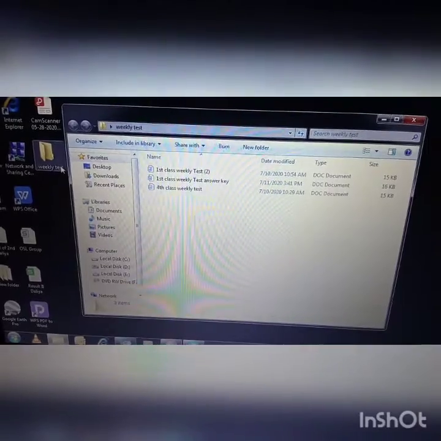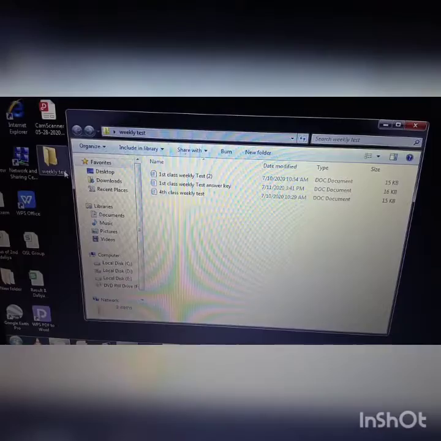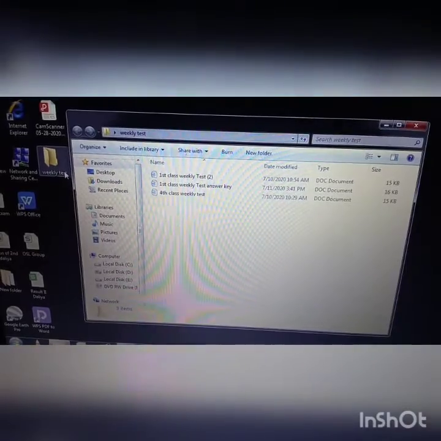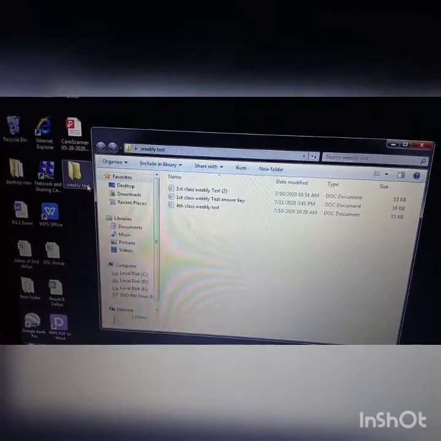These are files and this is a folder. Now you can easily identify where weekly tests are stored. It is easy to open and easy to understand. That's why Windows uses files and folders to organize the information.